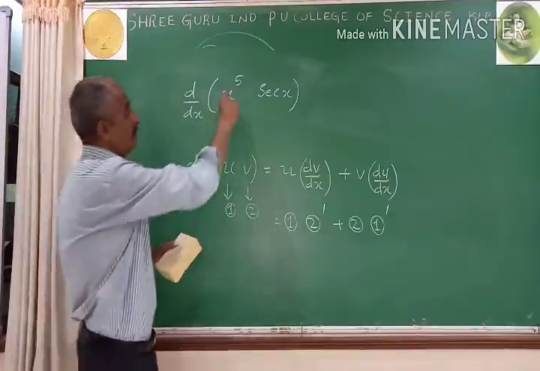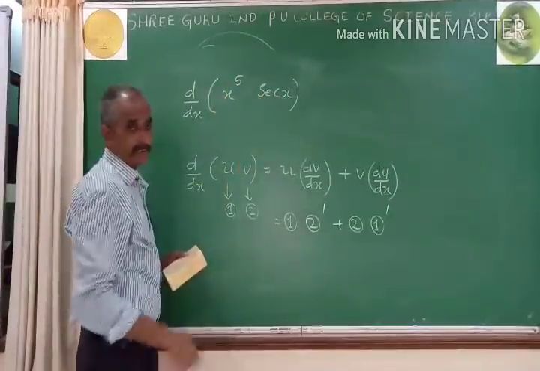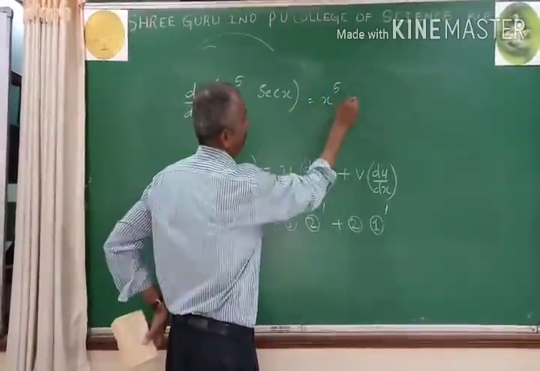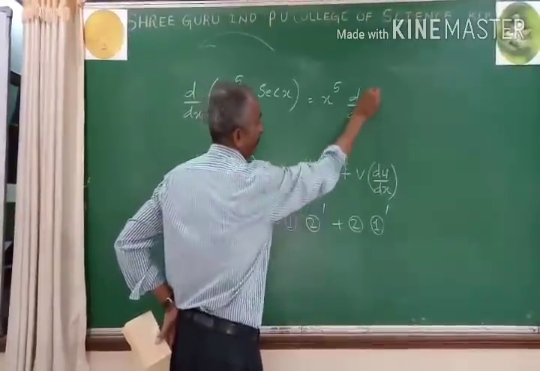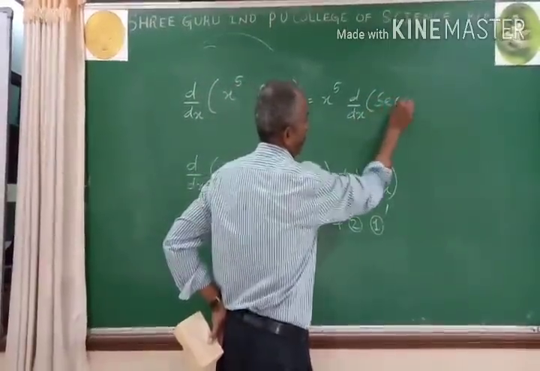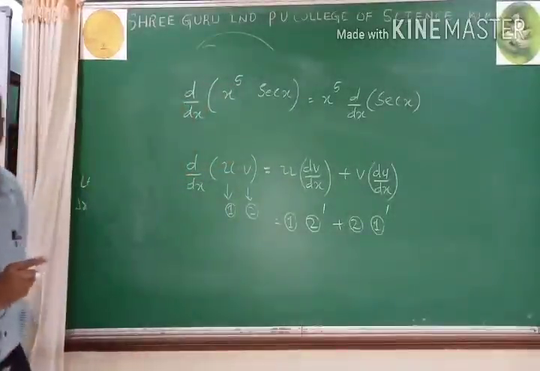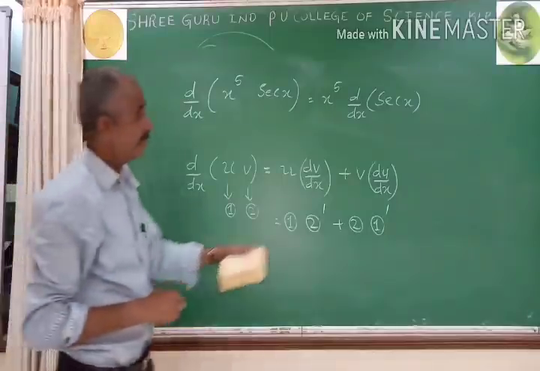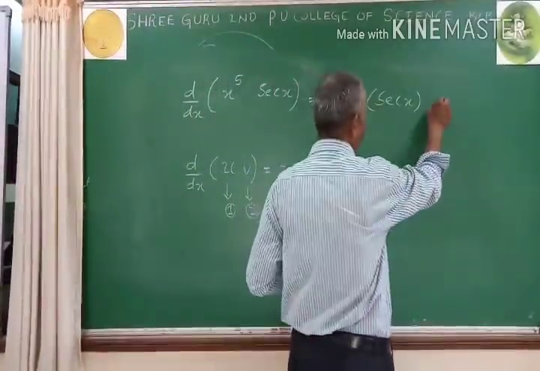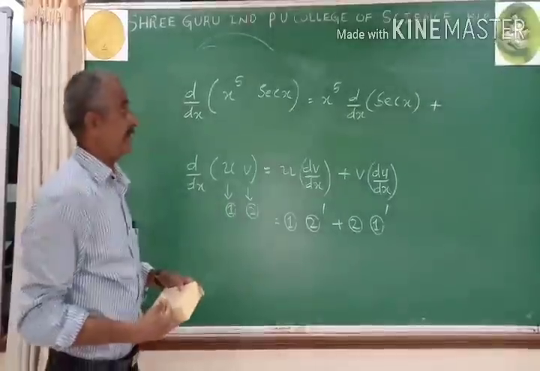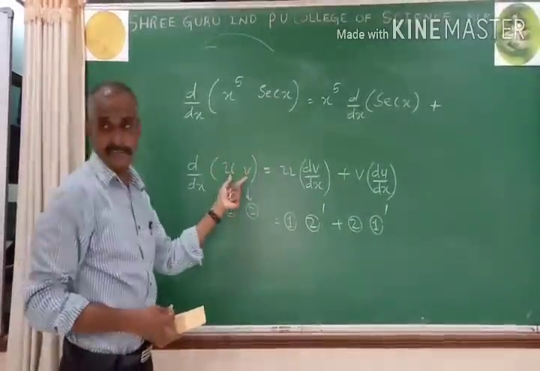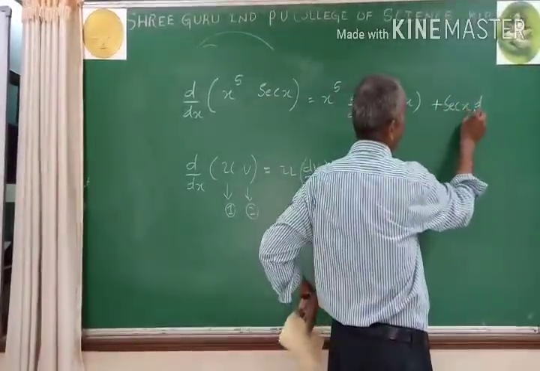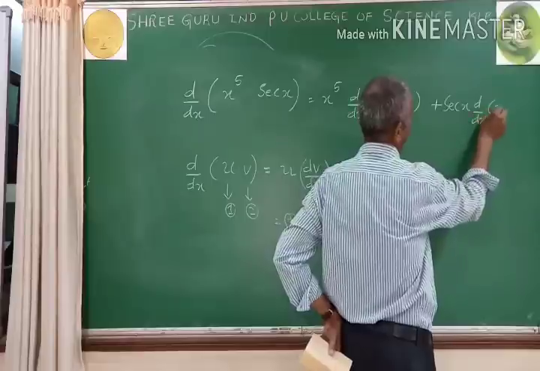Now clearly we need to apply product rule because these two functions are connected by product. So let's have u equal to x power 5, v equal to sec x. Using this product rule, x power 5 as it is multiplied by derivative of second function, namely sec x. Now observe, I am using product rule because we are having differentiation of product of two functions. Next comes in formula plus. Now write plus v function as it is. What is v function? V function is sec x. Keep sec x as it is multiplied by differentiation of x to the power of 5.